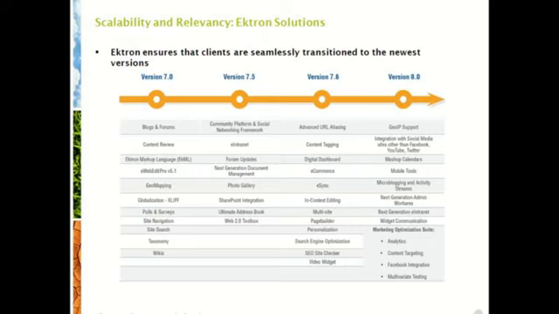This gives you the span of really a 4-year life cycle with Ektron. So we don't really like to come up with new versions too many times during the year. We like to come up with one larger change during the year, and then we have smaller releases during the year as well. So it's, again, having that one bigger release per year, and then a few minor patches throughout the rest